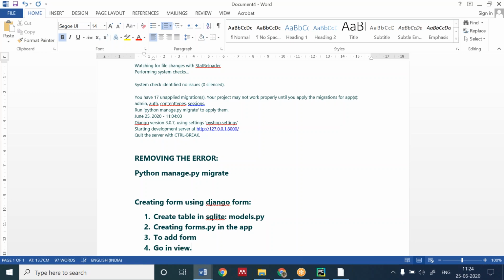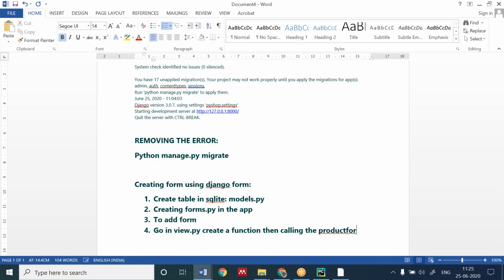Then we will go in views.py, create a function, then we'll be calling the product form, and rendering the call with the form object.